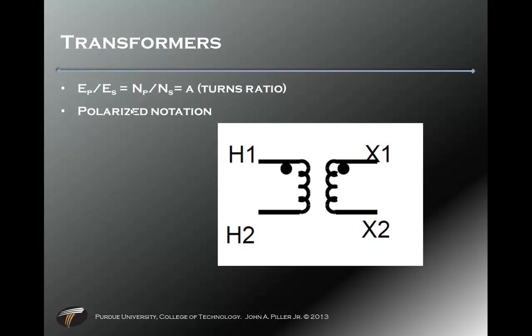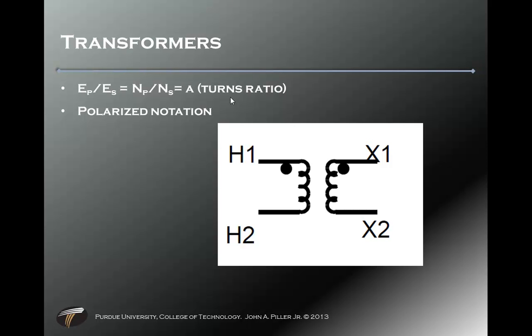So here I referred to the turns ratio. Turns ratio is the voltage of the primary divided by the voltage of the secondary. That is equal to the ratio of the number of turns on the primary to the secondary. And by number of turns, I literally mean how many times the wire goes around to make the coil. We use a letter A